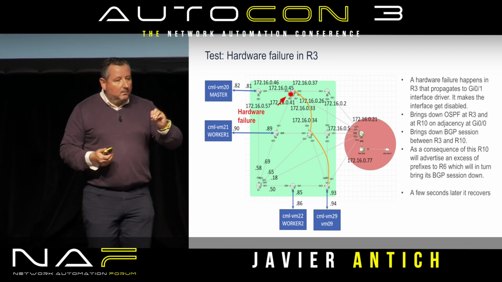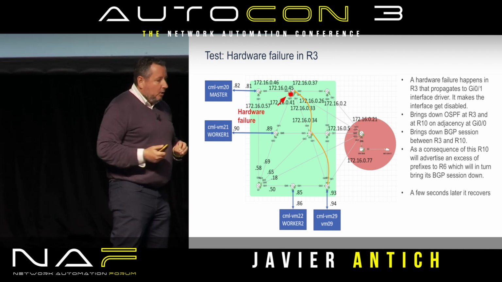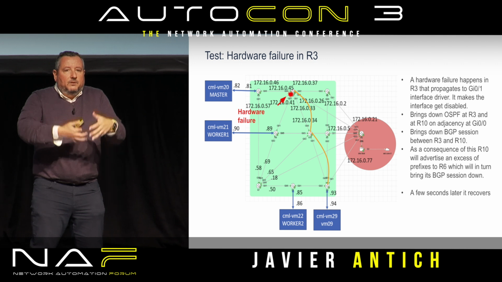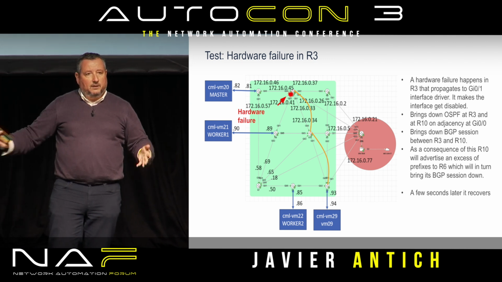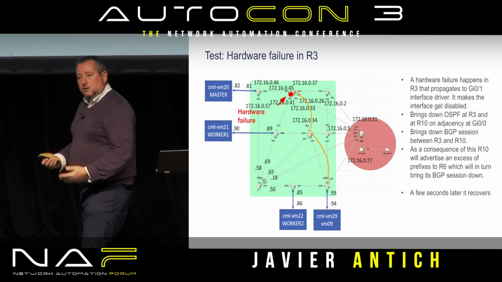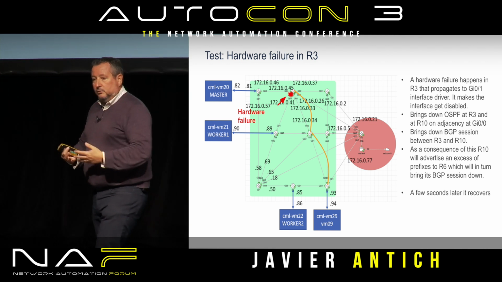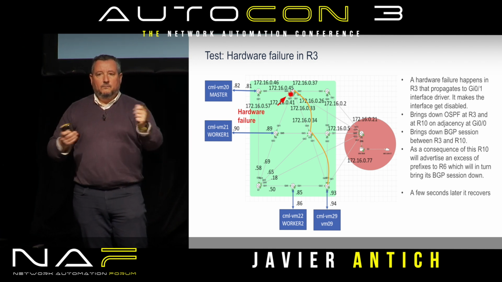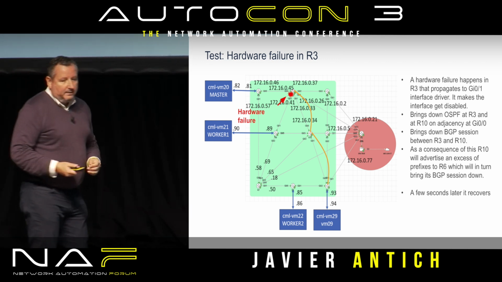Then we're going to have a hardware failure simulated in one of the nodes. As always, this hardware failure will cause events to be generated in that place, but also somewhere else, which are just collateral effects, because ports will go down, BGP sessions will go down, and many systems are going to complain. And of course, you want to be able to tell the NOC engineer, hey, all these events that are happening are all together. Don't try to troubleshoot them independently, because they all belong to the same incident.